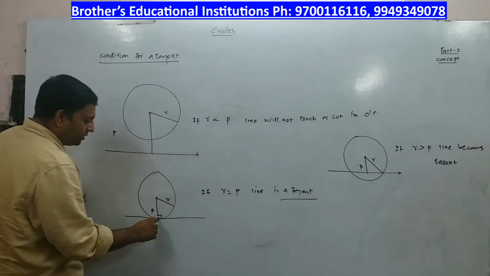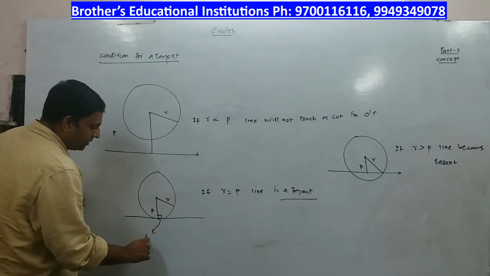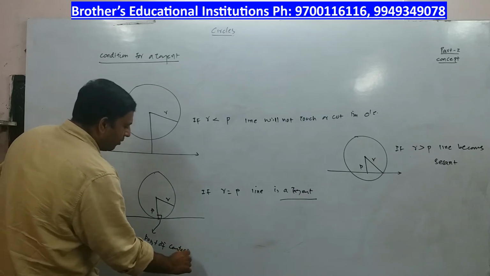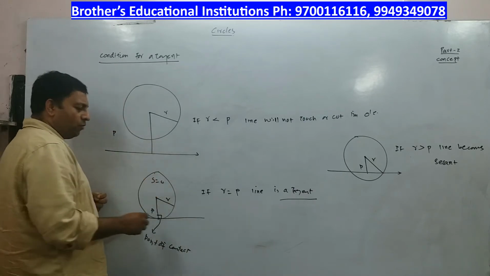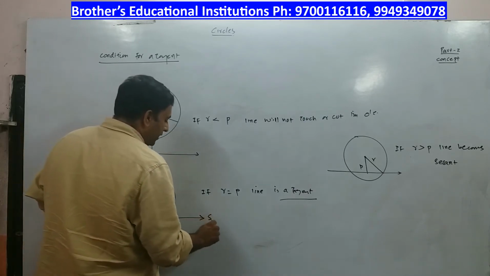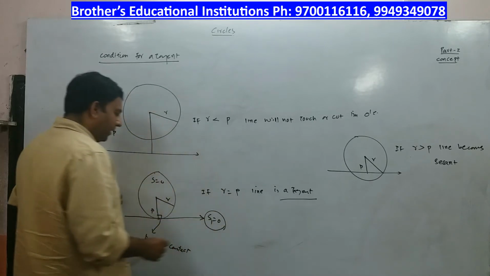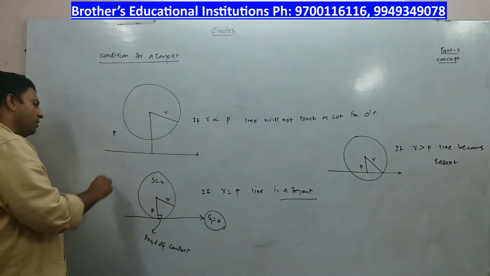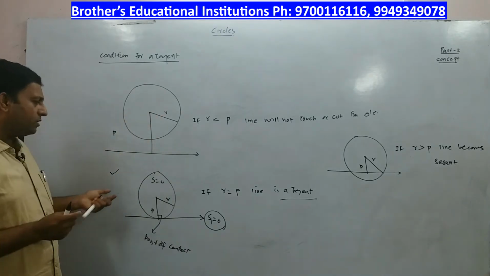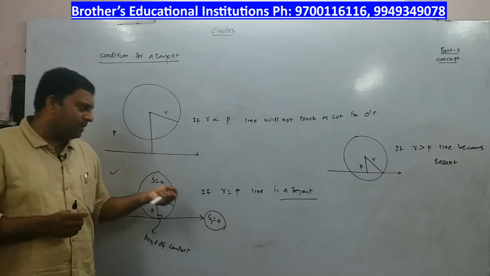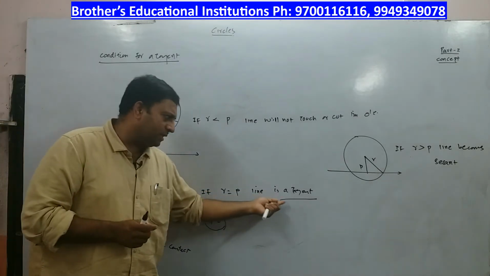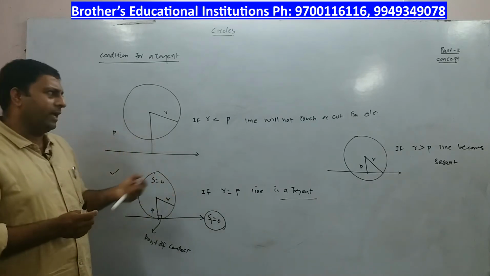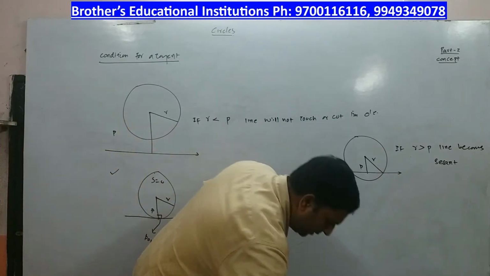And children, you know what this point is called? This point is called the point of contact. And we already know if S is equal to 0 is the equation of circle, then the equation of tangent is S1 is equal to 0, right? So you had already been given that instruction. So this is the concept, and most important, the questions will be based on this concept: if the radius is equal to perpendicular distance, then the line will become a tangent. This is also called the condition for tangency. So I know it is pretty simple.